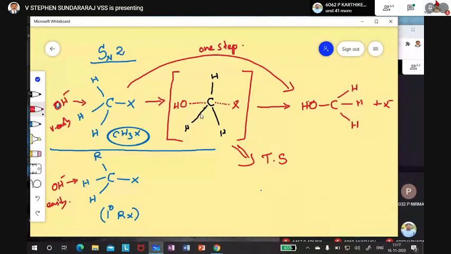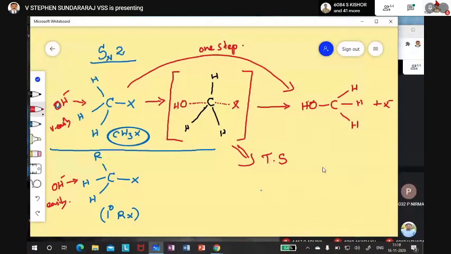But here what happened? Only one possibility: OH comes to this side and 3 hydrogens go to the other side. In the previous example, I told 50-50%. Remember that this is for stereochemical purposes. The next time we will come to the stereochemical discussion. Instead of giving a break, I'll continue with the stereochemical discussion and I will wind up. So we'll continue in the next class.